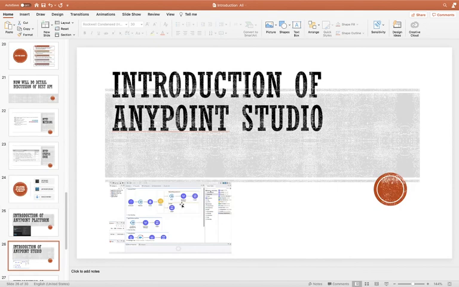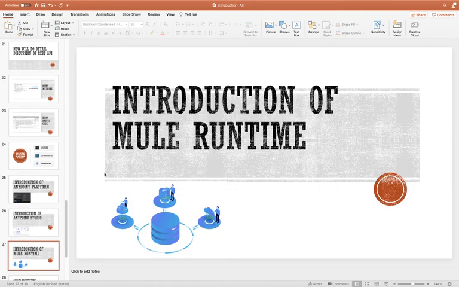Okay, so we are done with Anypoint Studio. Next we will learn about the Mule runtime. As I told, whenever you complete development of your Mule application, you need one server where you can run your Mule application. In that case we will use the Mule runtime, since Anypoint Studio has an integrated Mule runtime.